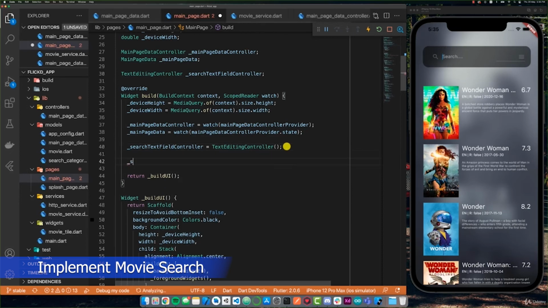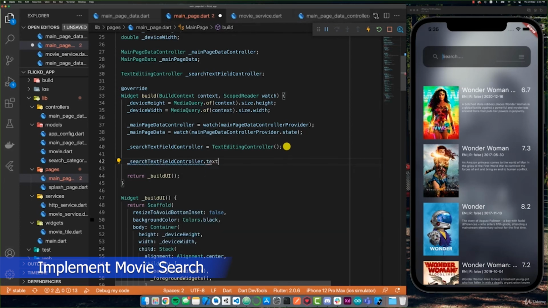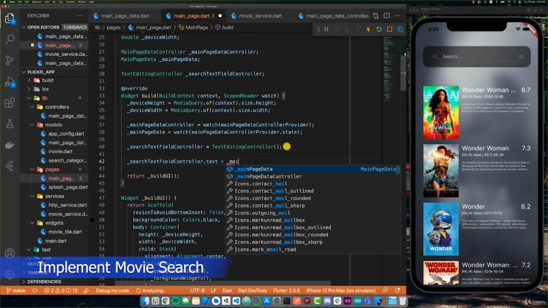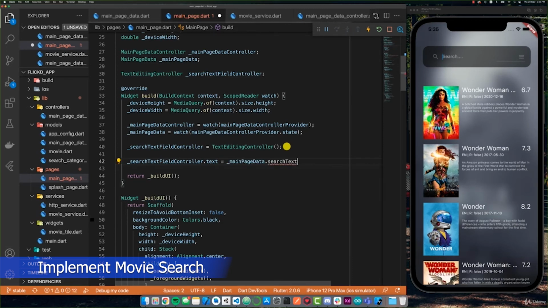And here we're going to say that the searchTextFieldController.text is going to be equal to our mainPageData.searchText. With this, I'm going to do Alt-Shift-F, Command save,